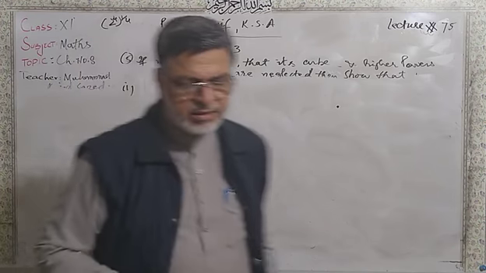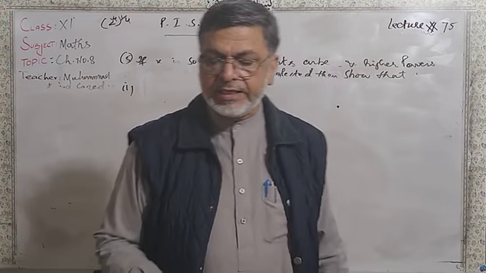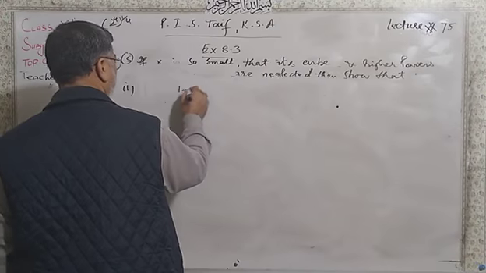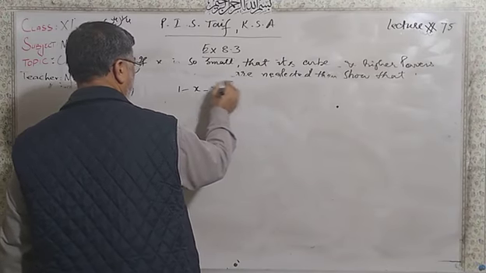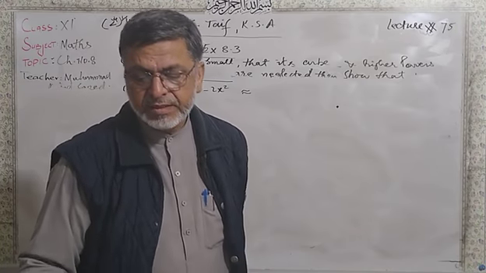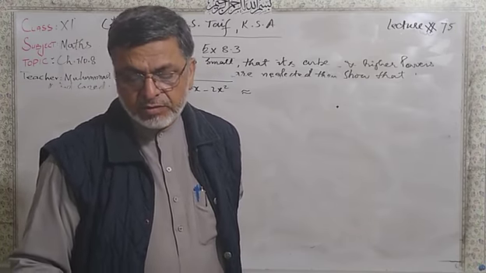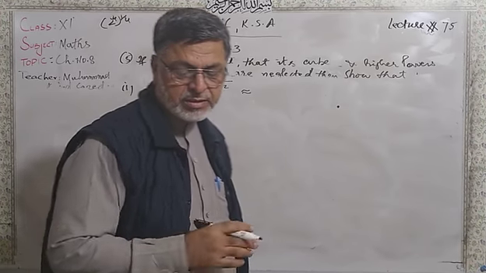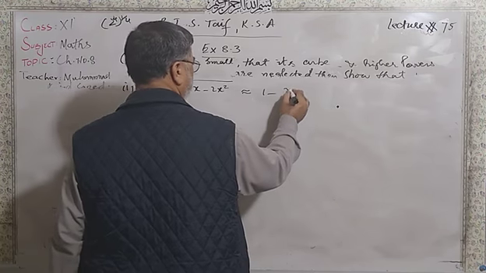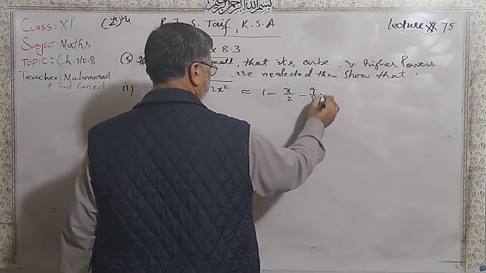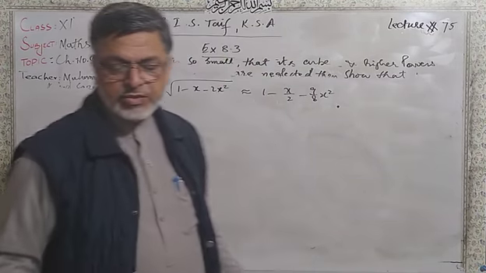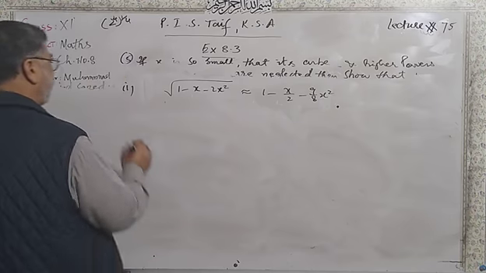That was 1 minus x minus 2x square whole under root, nearly equal to 1 minus x over 2 minus 9 over 8x square. So dear students, that is your right hand side. Taking left hand side,